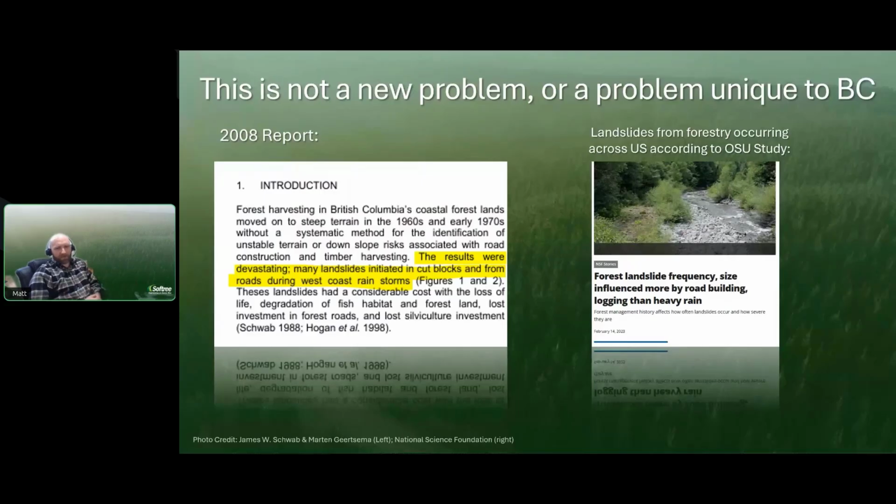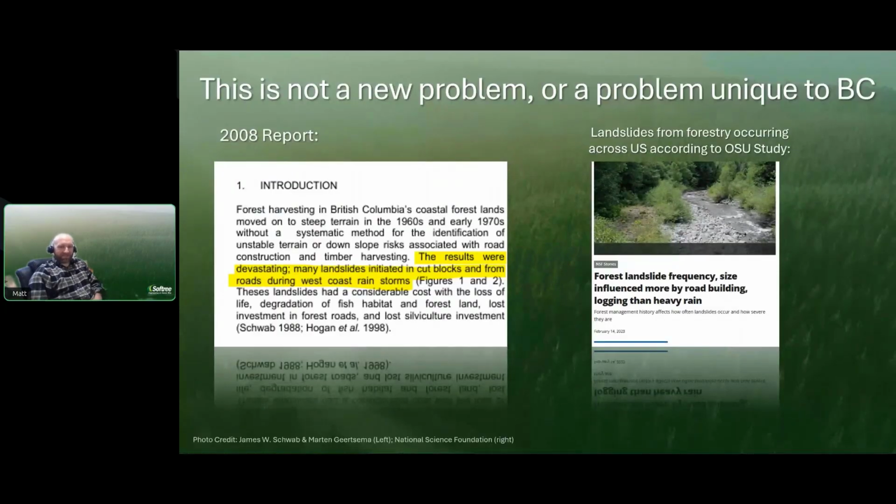So on the left, we have a little bit of a caption from a 2008 report. I like the wording they have here. It's citing events that happened in the 60s and 70s, when they started logging in steeper terrain on the BC coast. So the results were devastating.